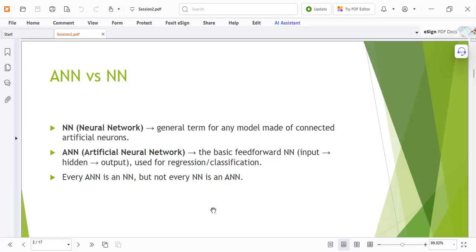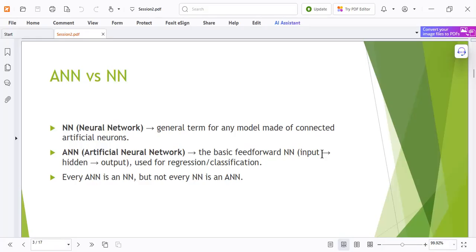NN is a general term for any model made of connected artificial neurons. Okay, but ANN is artificial neural network, and it actually contains at least three layers. So we have input layer, hidden layer, and output layer.